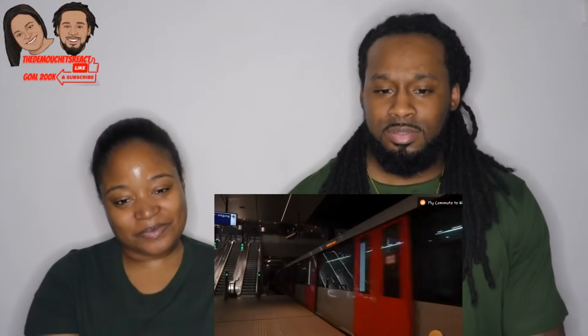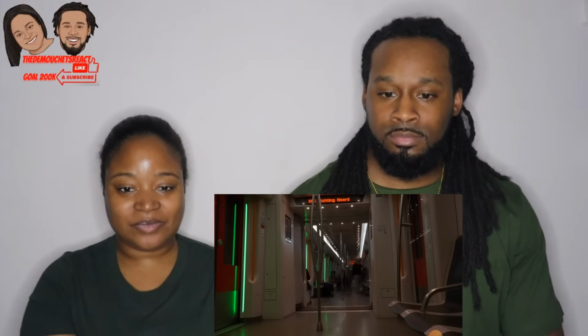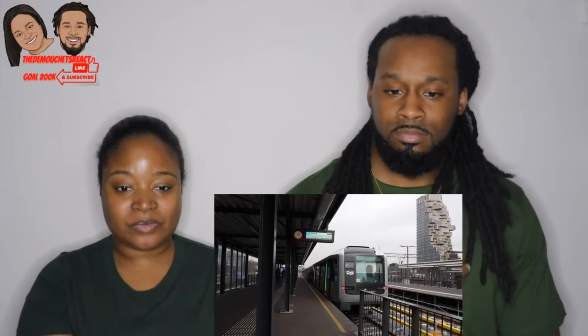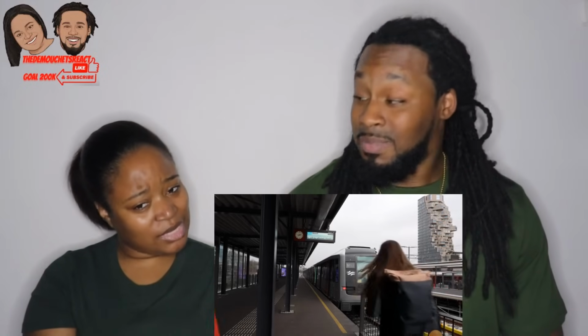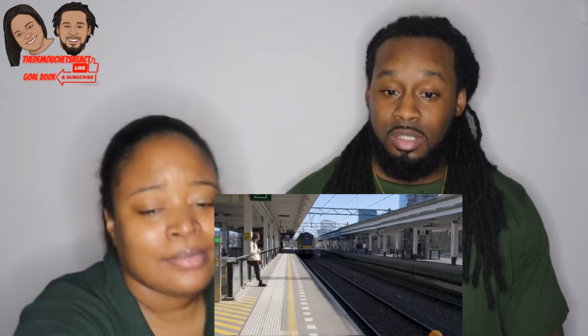If I wasn't taking the M52 Metro that day, another great project that opened in 2018, connecting the north side of Amsterdam to the rest of the city with rapid transit for the first time. The metro station itself is really spacious and modern, and it's a pleasure to ride, though I am surprised that the metros come only every 6 minutes. That seems really infrequent for such a modern metro line, and I hope they increase frequency in the future. 6 minutes though is crazy. There are plans to extend this line to Schiphol Airport in order to divert passengers from...